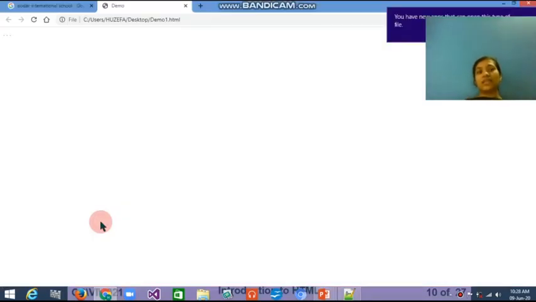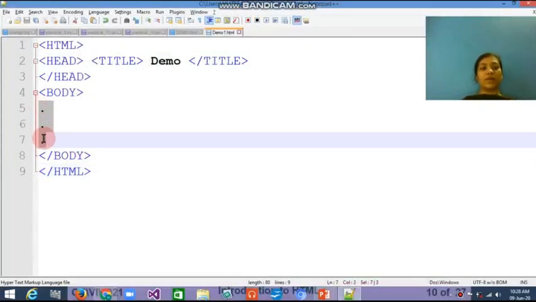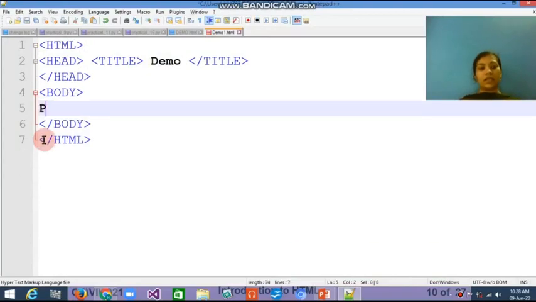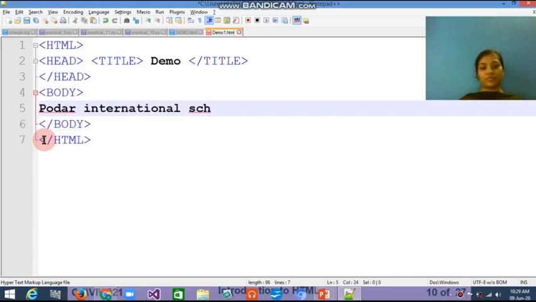you can see there is nothing. There are only 3 dots here. Nothing will be displayed to you. Why? Just because I wrote down the 3 dots in this. For example, I am writing the name Udar International School and save.